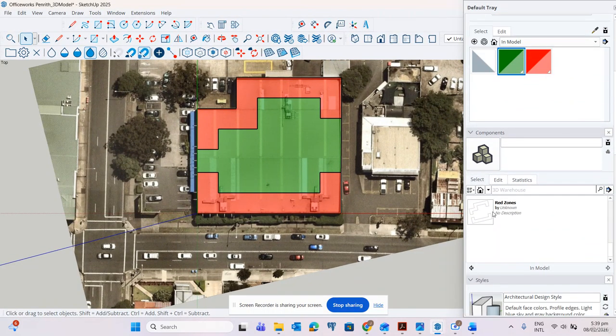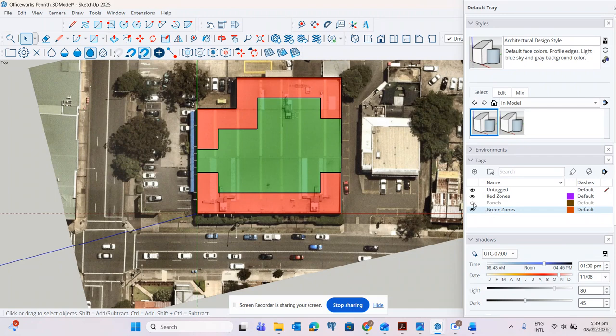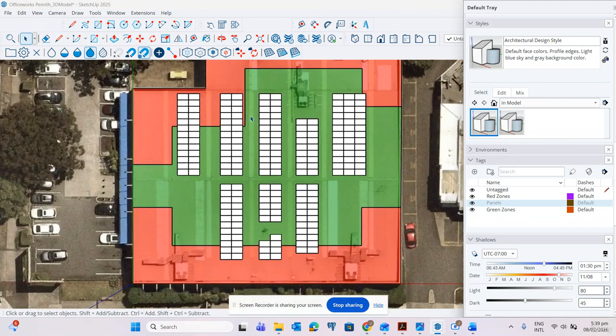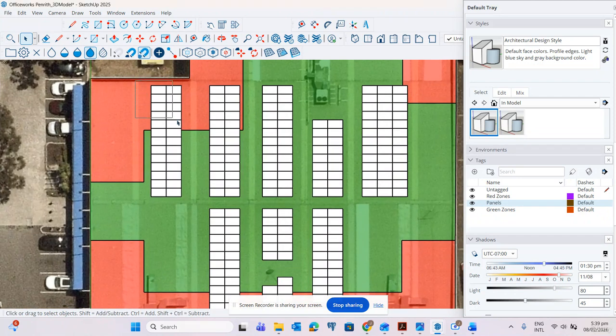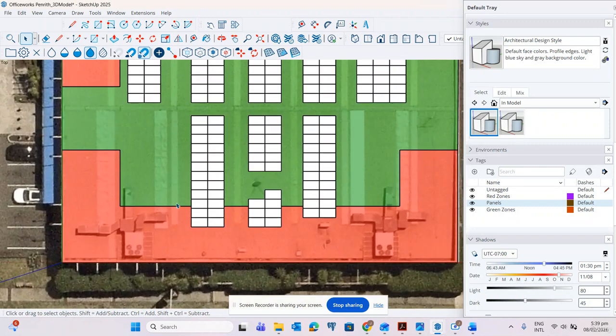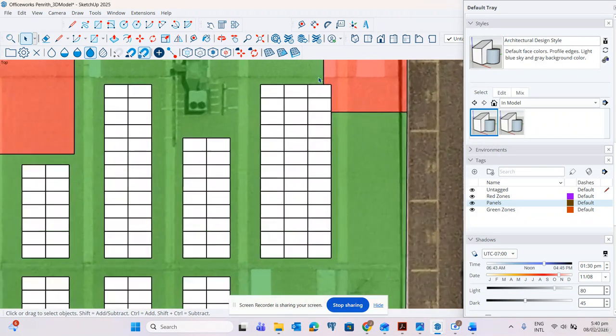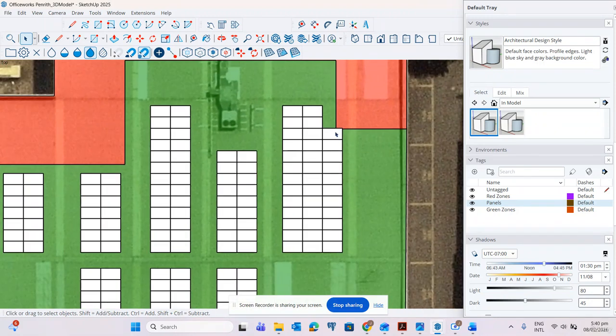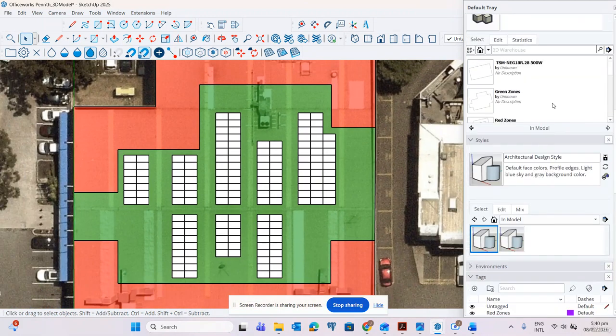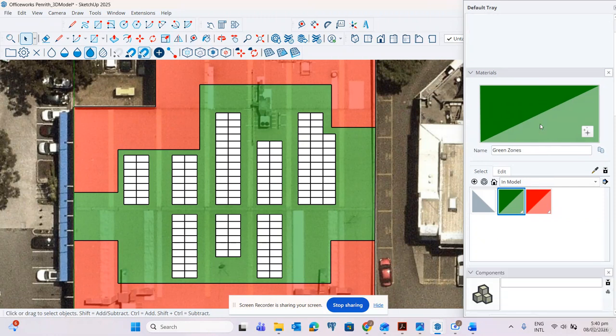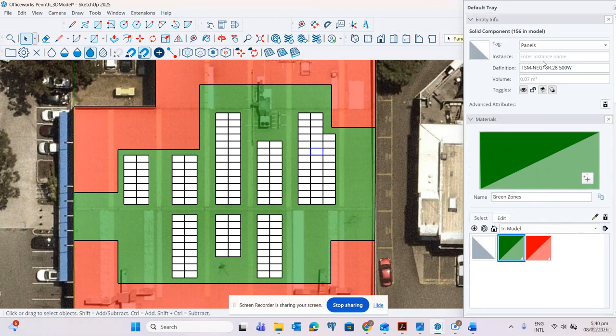So that's the time we will adjust the panel. Click the panels in tag, so it will show, and then remove all the panels in the green area. So we will remove all this one up to this one. So we can add panels in the other area because we aim for 200 panels.